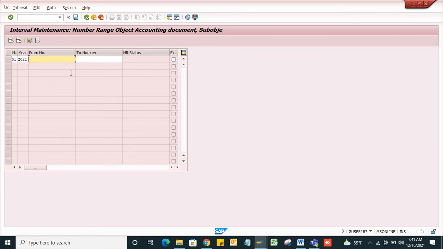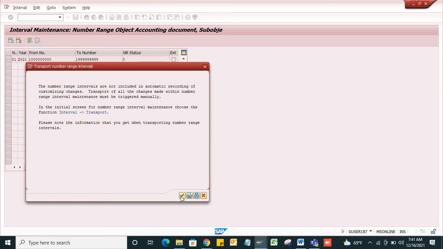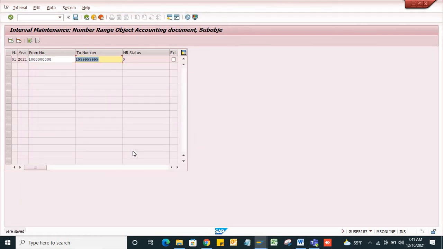My document number should start from 100 to 199. When I post GL transactions, my document will be posted between these two number ranges only. Okay, I'm saving this. Yeah, my number ranges have been saved.